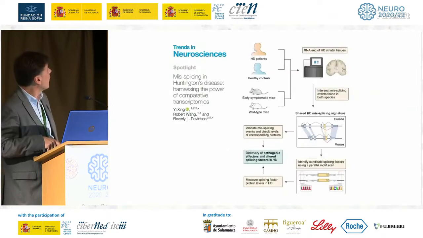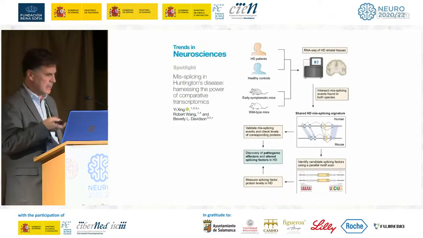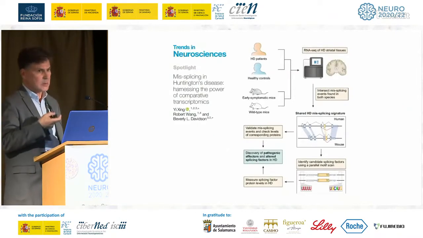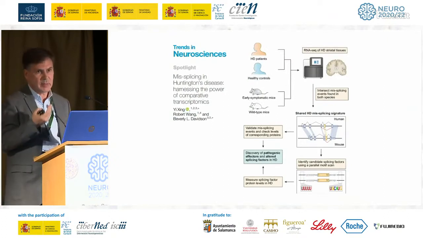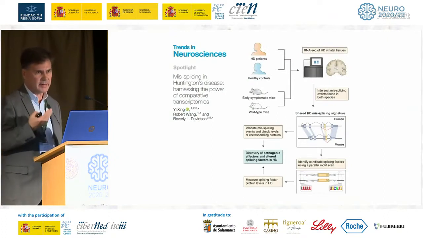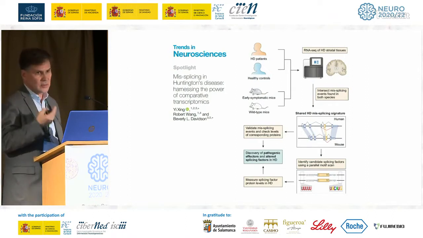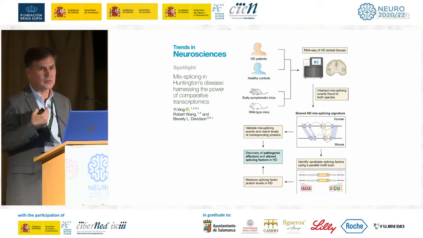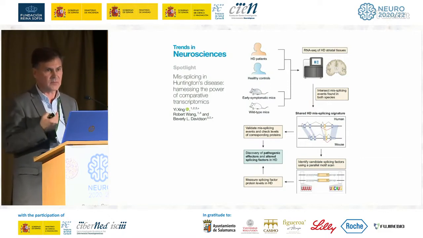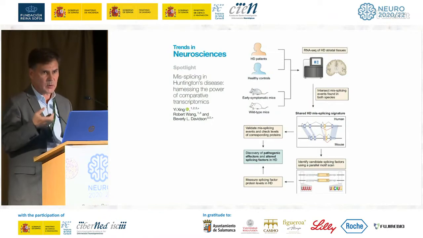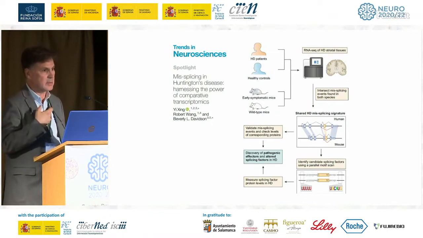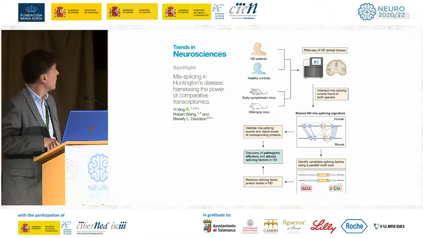And we are very proud that Jising, who is the one who developed the algorithm for RNA splicing analysis, rMATS, that we all use, commented on this study recently in TINS, underscoring that this approach can be used for any other neurodegenerative disease for which bona fide animal models exist, like for instance, familial ALS.